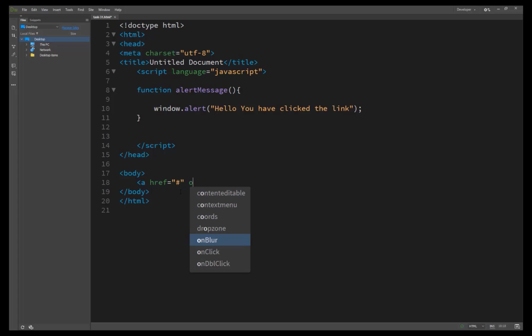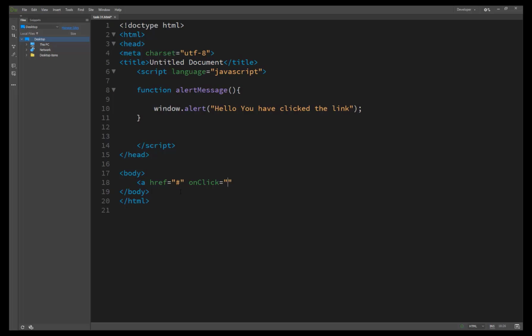So here the basic method is onclick. The onclick is an event handler. This means it specifies the JavaScript code to execute when an event occurs, and in this case the event that must occur is a click event.